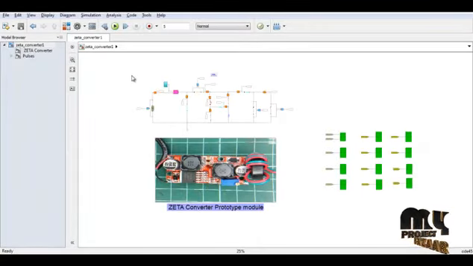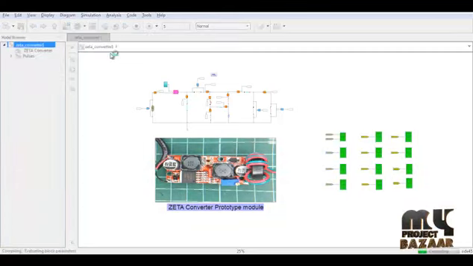This is our Zeta converter, and the corresponding scopes are connected through From blocks. This is a very congested circuit for the Zeta converter, and this is our real-time prototype of the Zeta converter model. We get a constant DC input and a DC output passes through that circuit. Let's begin the running process for the Zeta converter.